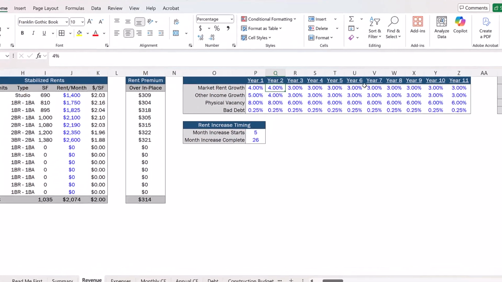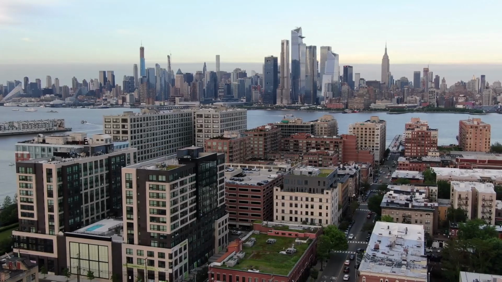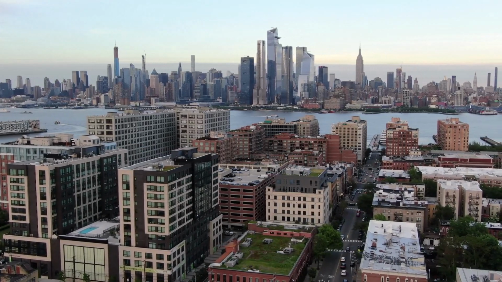Now, the second major variable that investors will typically analyze is the rent growth assumption in a model, which is also one of the biggest drivers of returns on a real estate deal. And unlike the exit cap rate, rent growth assumptions will impact both the projected sale value of the property and the cash flow from operations the property is expected to generate, which makes these really impactful to investment performance over